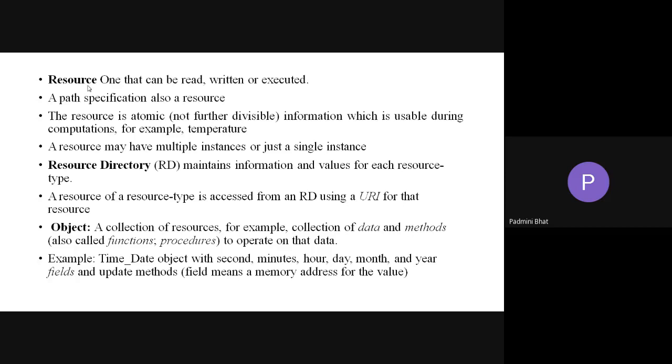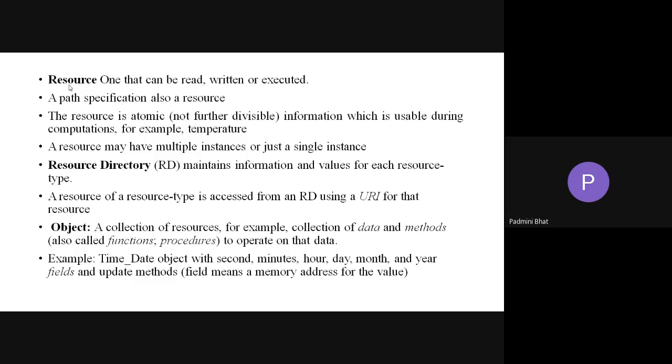Now next is, what is a resource? It is that which one can read, write, or it can be executed. So that is a resource. Now for a network, resource can be bandwidth. Resource can be my energy. Resource can be any data. It can be my speed, Mbps. Resource allocation: I can do the division in speed, that is how many Gbps, how many Mbps.